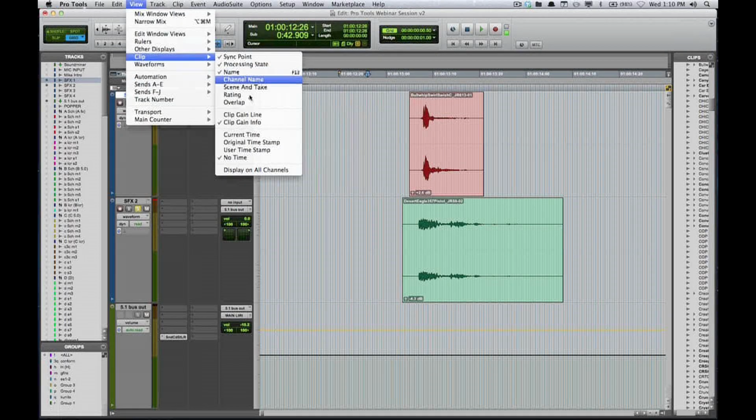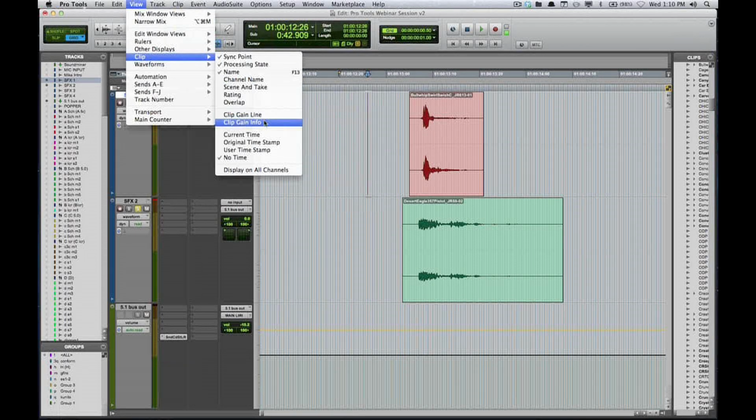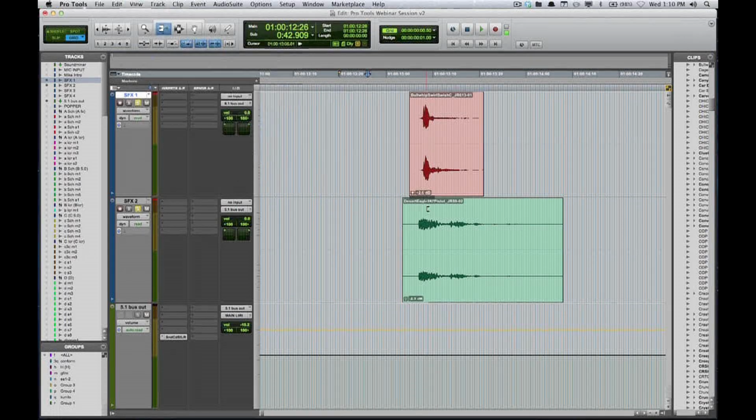You can also go into View, Clip Gain Info. You can get rid of that, so you can do either or if you wanted to. I like the lower left hand myself. And then once you've got this, let's say, okay, I'm done. This is what I want. I kind of want that tinny sound on purpose.